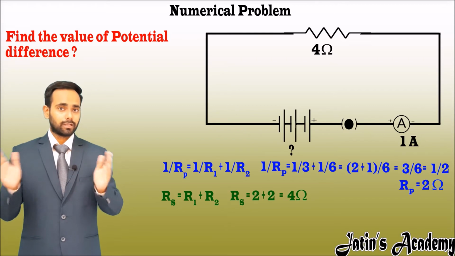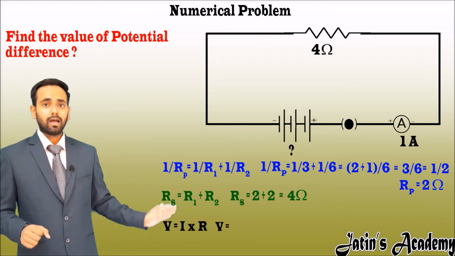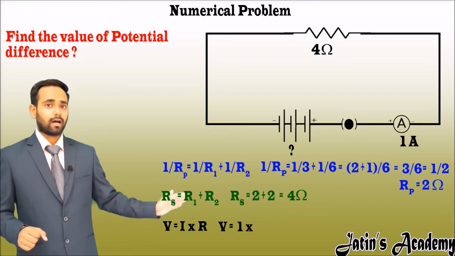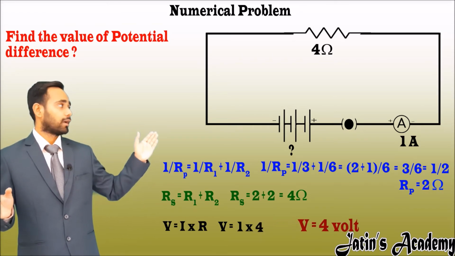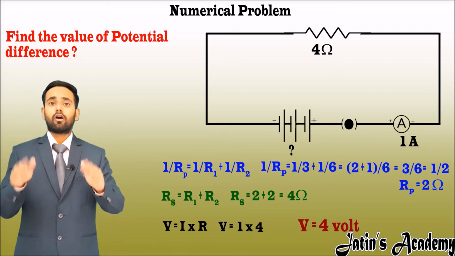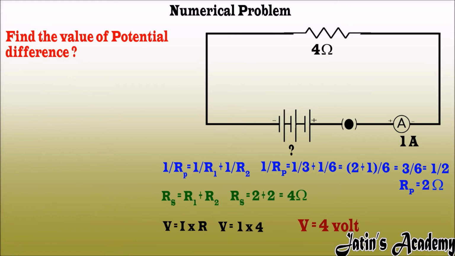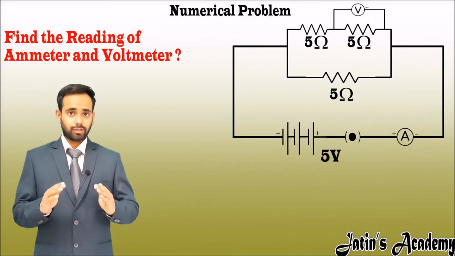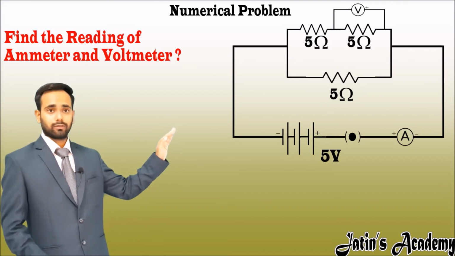We have to calculate V. We know V is equal to IR. We have to calculate V, where I is 1 ampere and R is 4 ohm. We get 4 volts, so we have to apply a 4 volt battery in order to maintain the current of 1 ampere in this circuit. Let's start our next question, in which a circuit is given and we have to calculate the